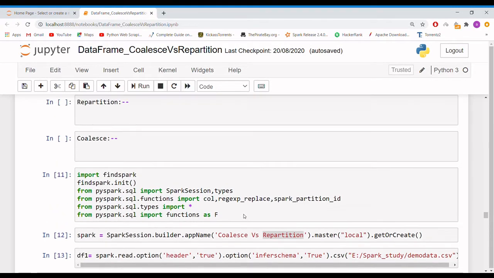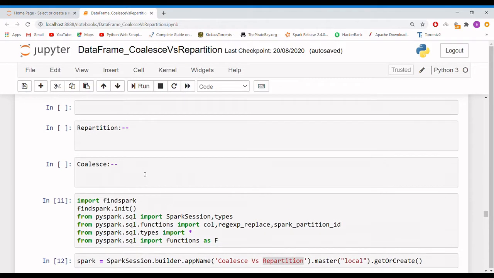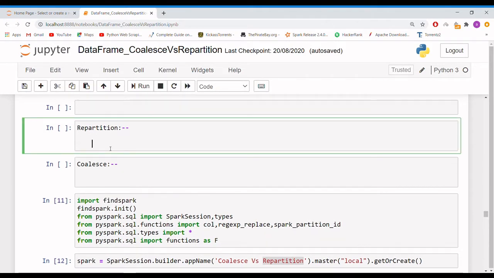Before going into repartition or coalesce, I want to give an explanation of partitions as well, so that you will get a better idea of it. A partition is nothing but when a large set of data is divided into smaller parts, each smaller part is known as a partition.